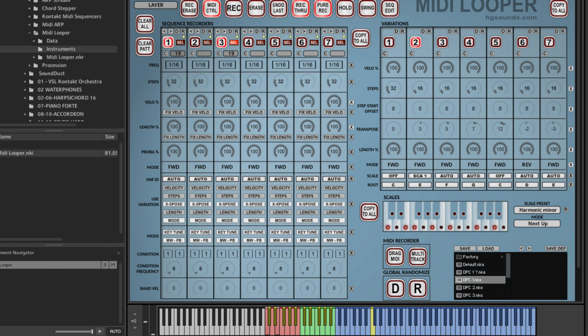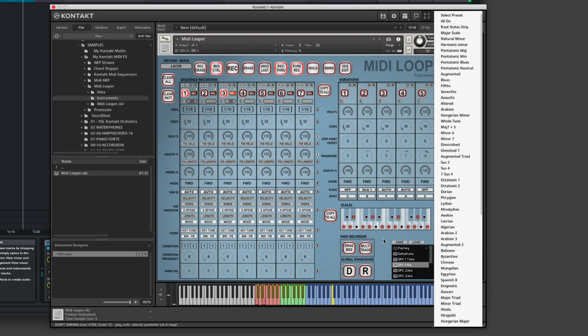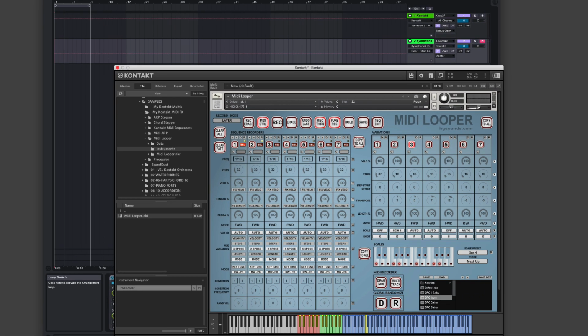Of course, you don't have to use your mouse to select these variations. That's what the green keys down here do. So, number 2, number 4, number 6. And the blue keys here actually act as transposers. Here the C is basically no transposition. And there's a huge list of scale types here to select from directly if you don't want to randomize them. So as you can see, you can automatically get lots of interesting and surprising things going on together and vary them as they play. And if you switch out of looping mode